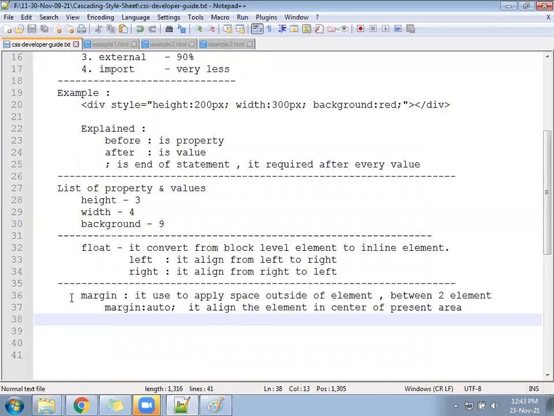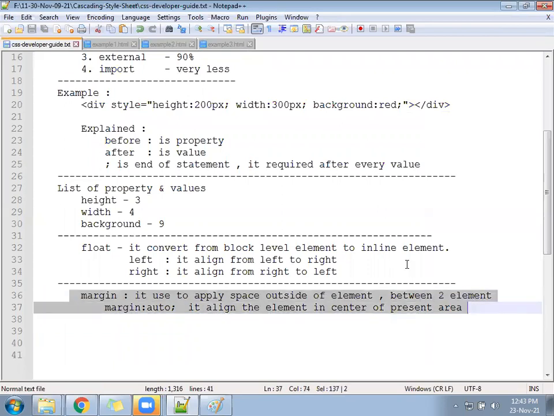This is the notes of margin. Let me share it in the chat as well.